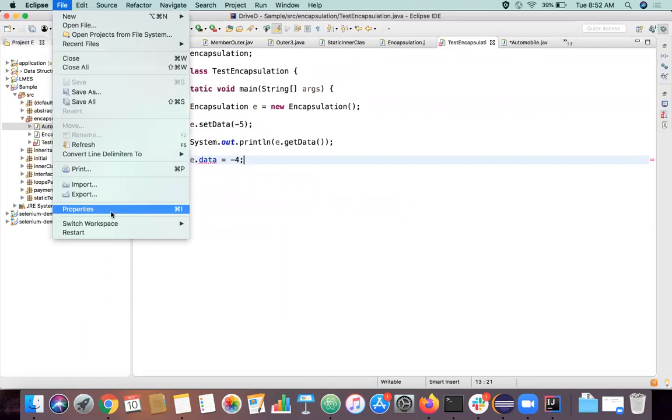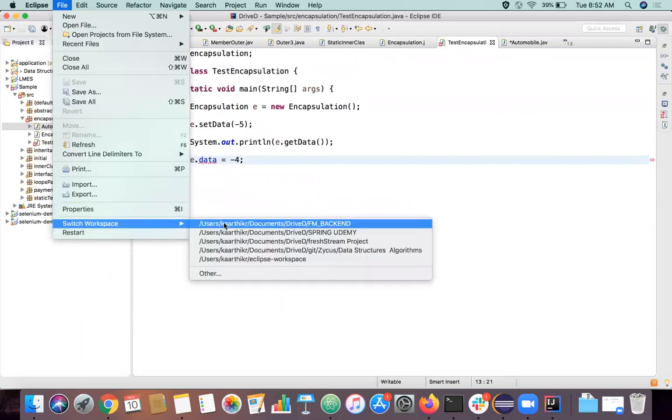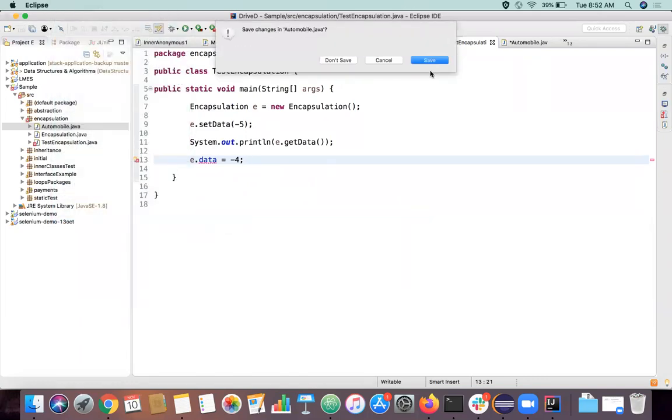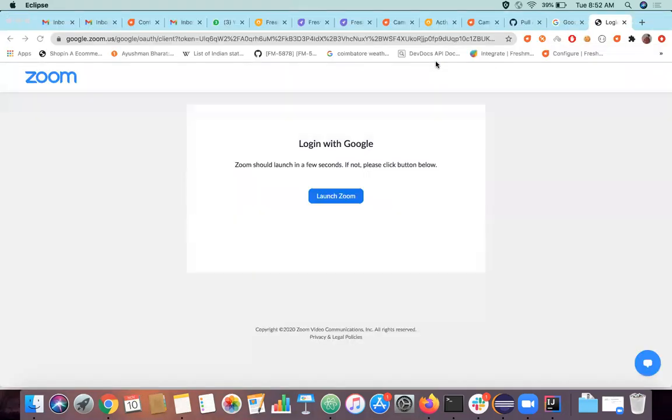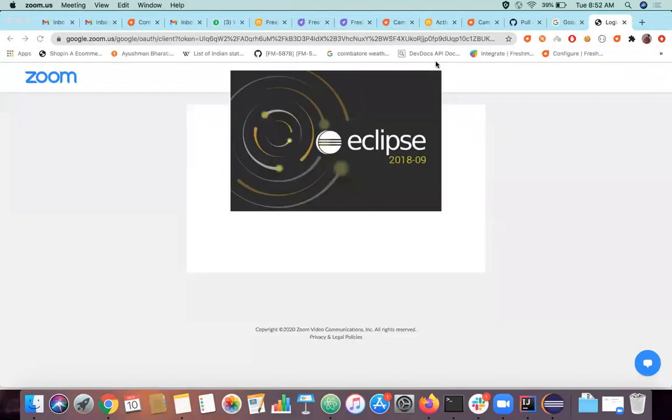Just before wrapping up, I just quickly wanted to show one more thing actually. In Java, there is one project called Lombok.